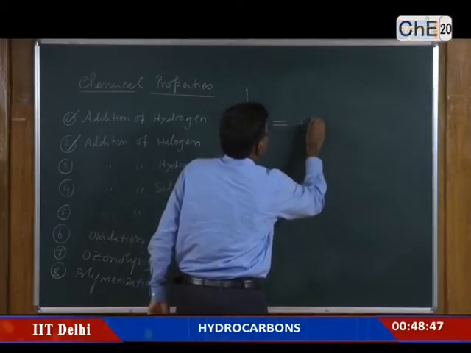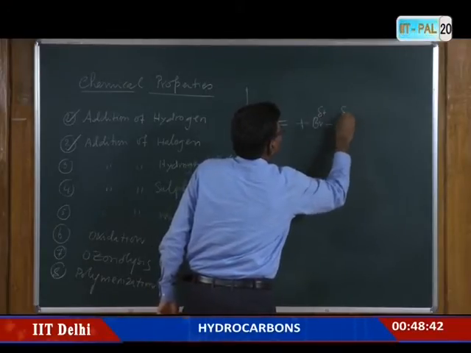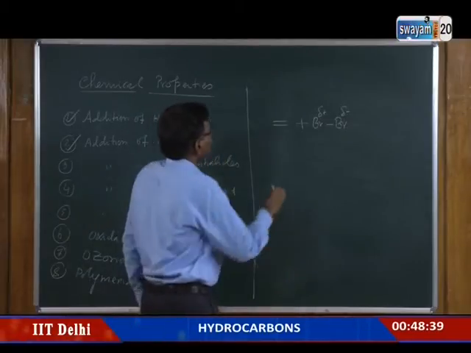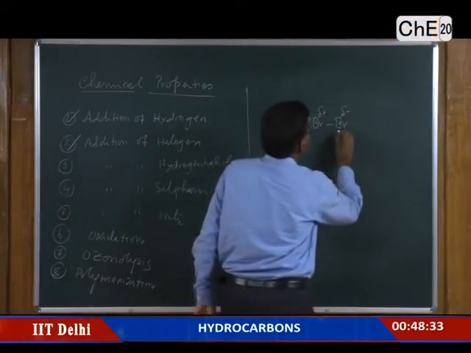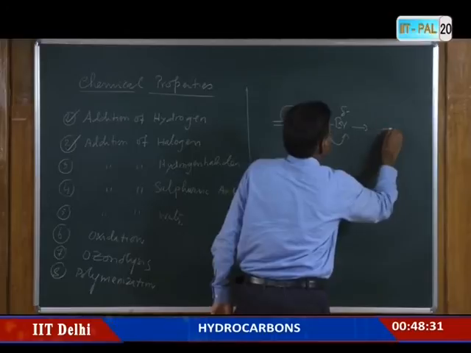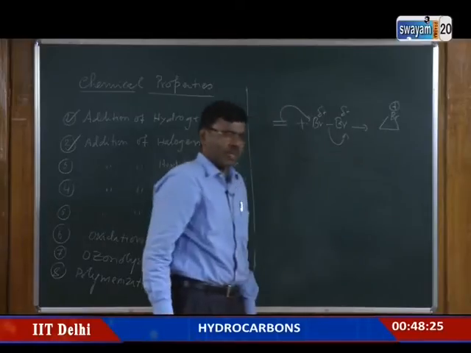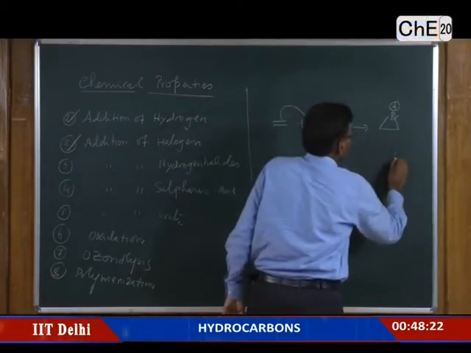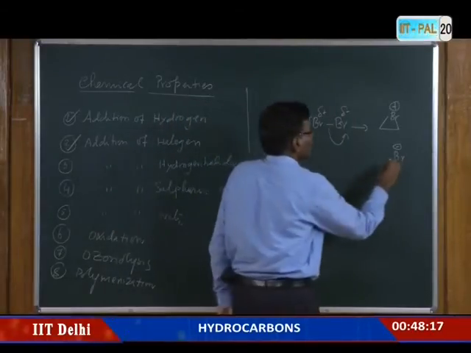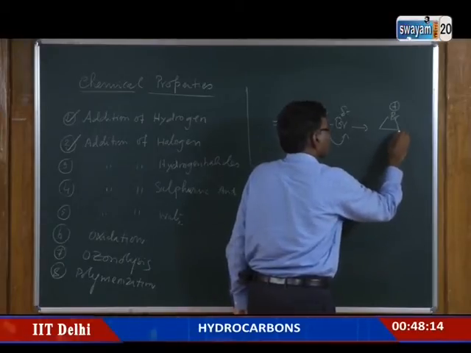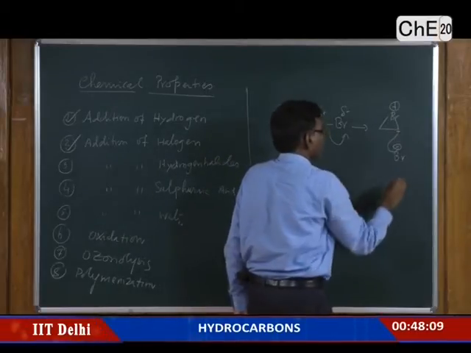So, regarding the mechanism, let us see the bromination reaction. Alkene, the double bond attacks the bromine. You get bromonium intermediate. So, this bromonium ion intermediate undergoes reaction with this Br minus. It acts as a nucleophile. It can attack this carbon or that carbon. Suppose it reacts here, anti to this bromine, you will get